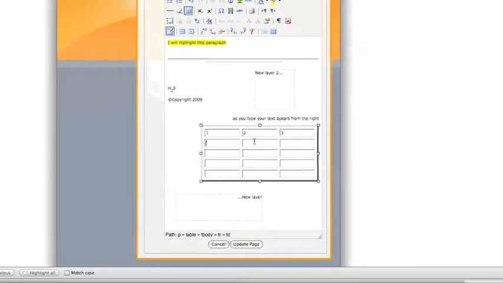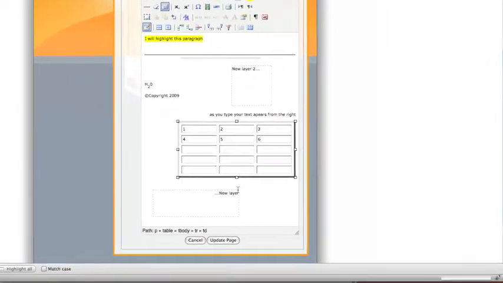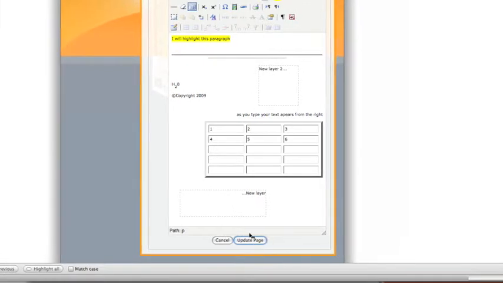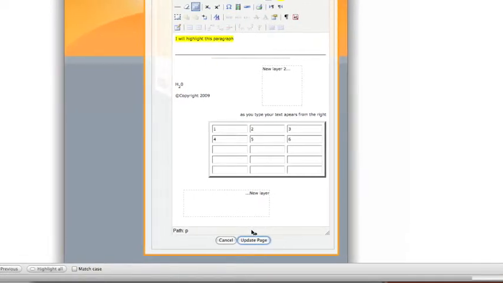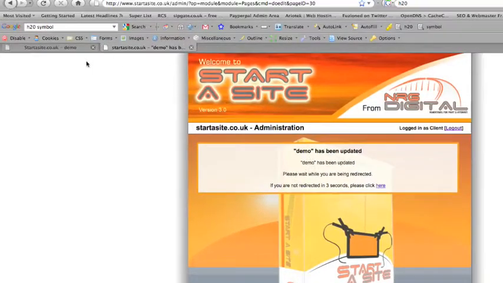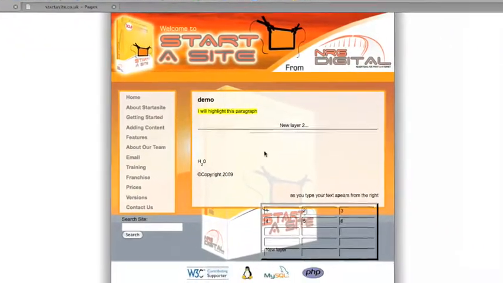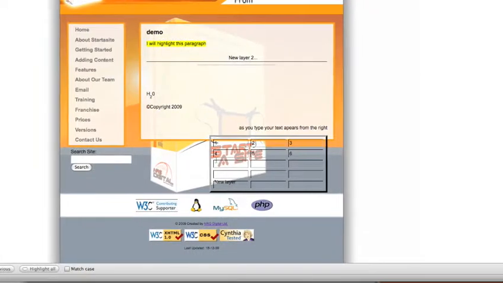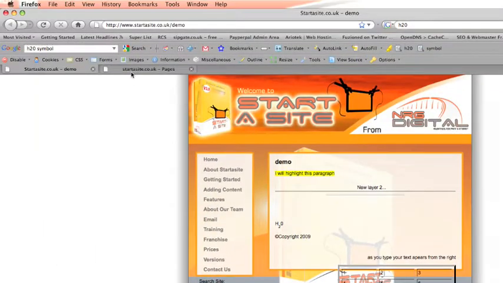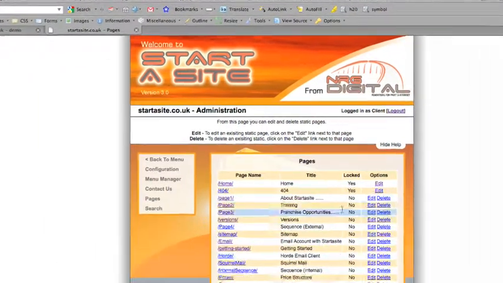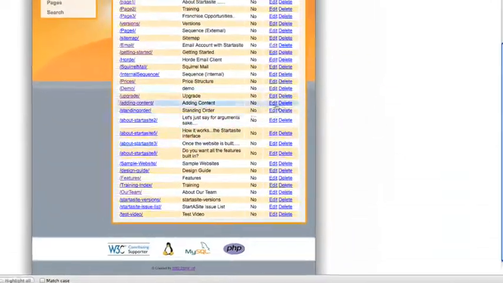There you go, and it automatically resizes it. So if I now update that, I'll say the page has been updated, and then view the page. You can see this is to do with the absolute positioning. So if I go back and edit that page,